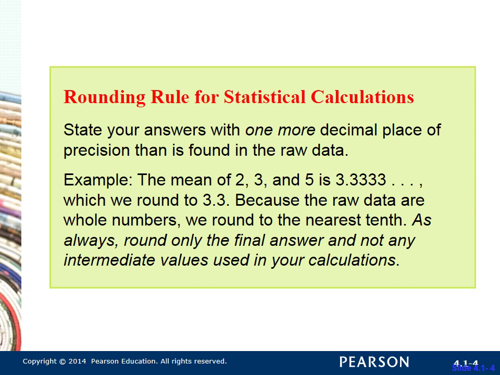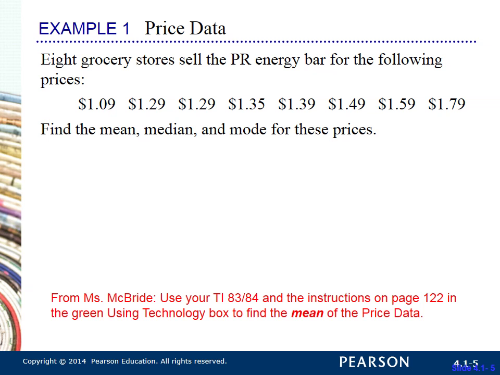This is really important. Always round only your final answer and not any intermediate values. And I'll talk about this a lot as we use your calculator. So if you're finding the mean of these 8 grocery stores, notice you have 1.09. I have 2 decimal places. So when we find the mean,